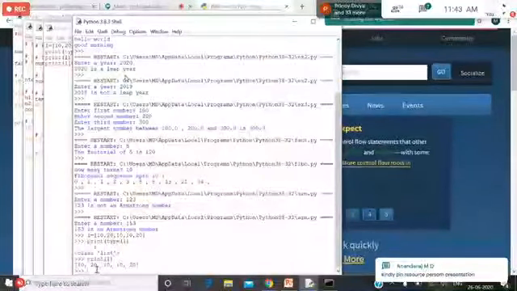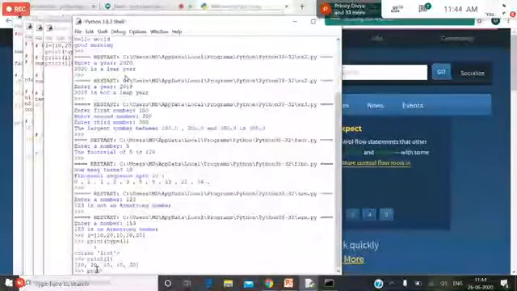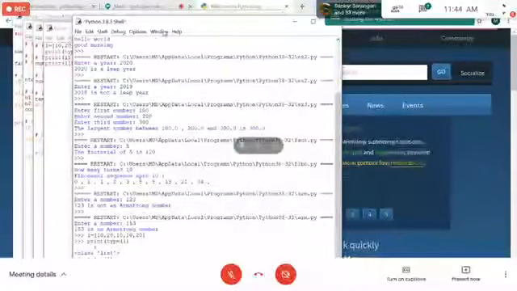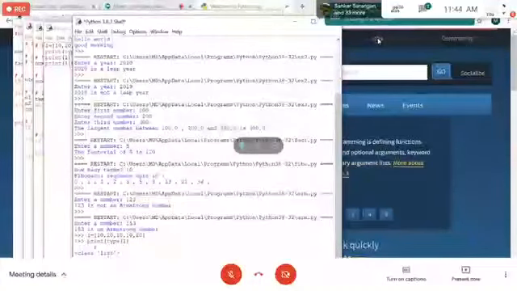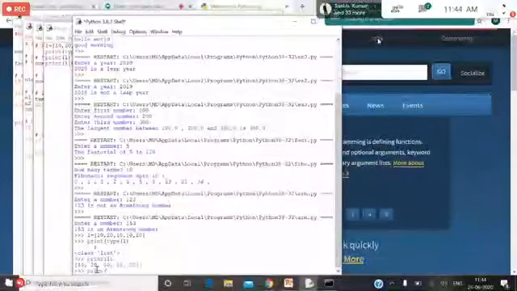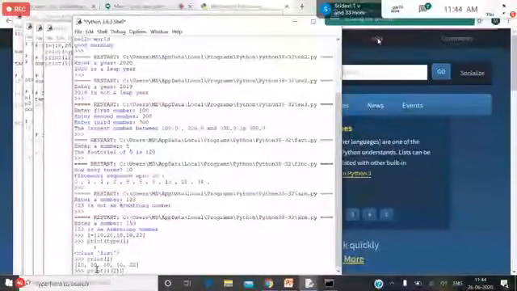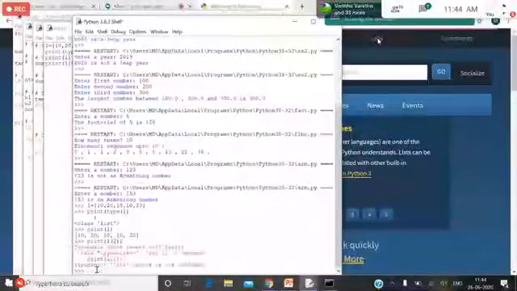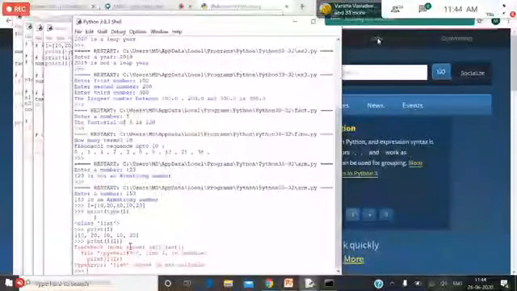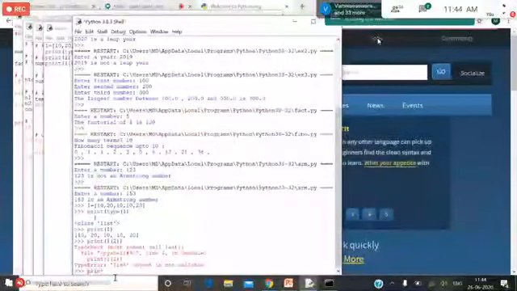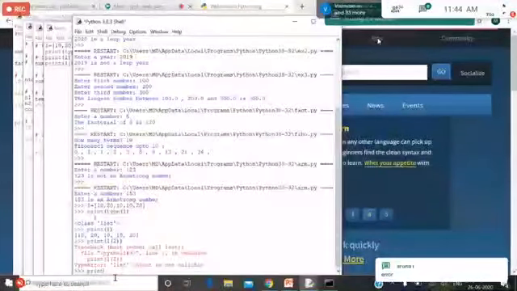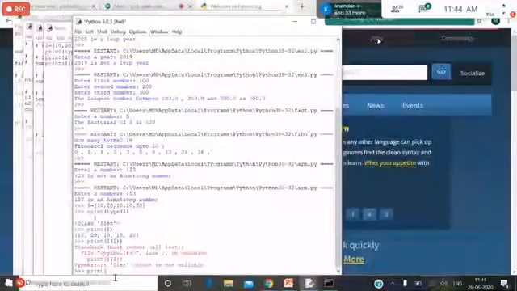So what I have to write is print L of, and it gives an error. For a list I have to use square brackets, I have used round brackets. So print L of 2 in square brackets.